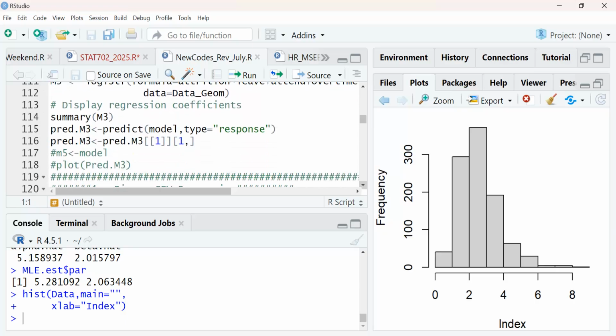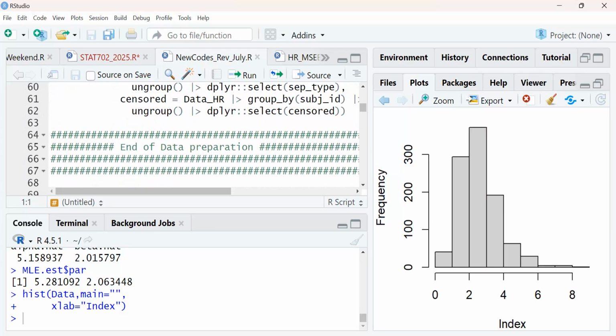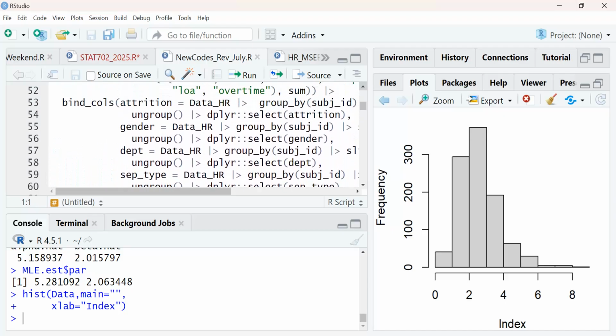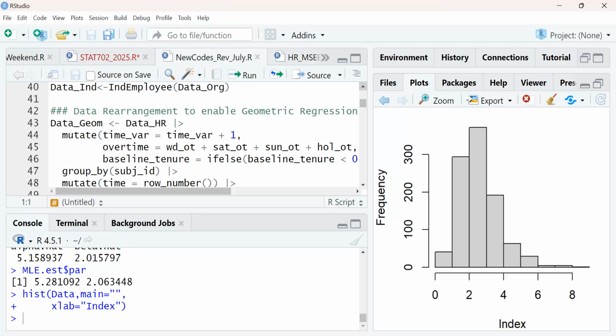Is this someone's model? No, that was to do data manipulation. Actually, it was my TA who did this. He was very good. So we have data and then we have to rearrange it. We use mutate and so forth and add some. For example, with overtime, we wanted weekend overtime, Saturday overtime, Sunday overtime to be another variable. I showed him, okay, we want to do this, and then he was able to write it.